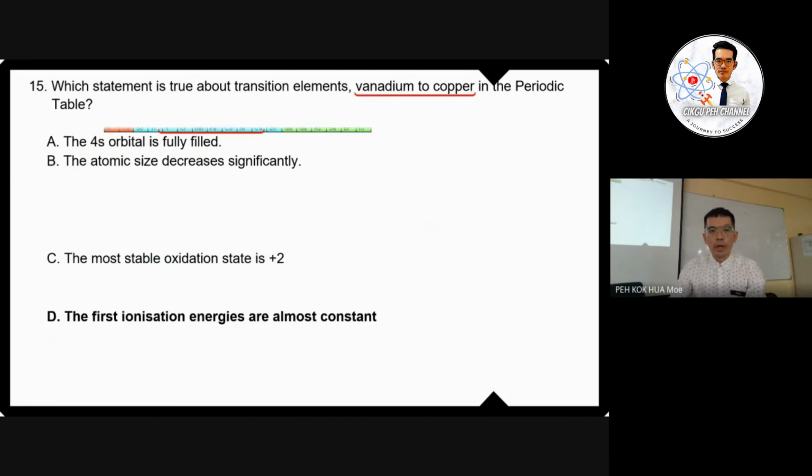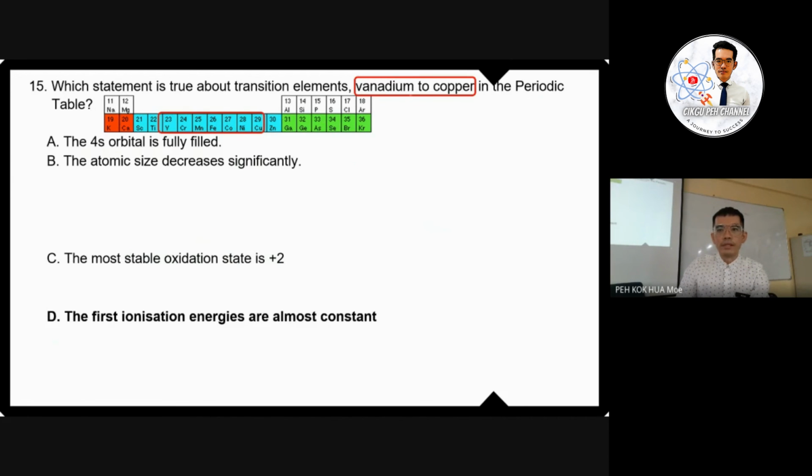Okay, so firstly, you have to know that vanadium to copper will be at this position, from proton numbers of 23 to 29. Okay, so A, the 4s orbital is fully filled. So is it correct or not? Here, actually, it is not correct, because chromium,